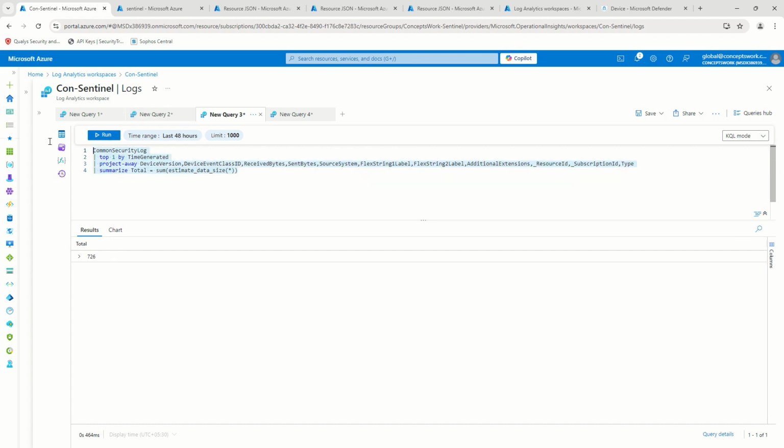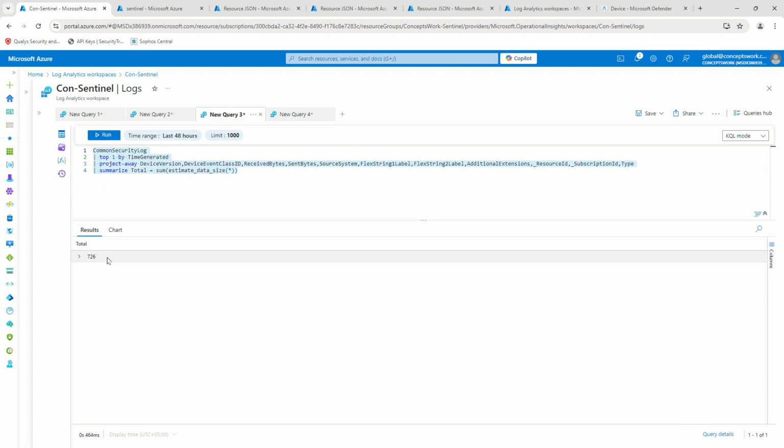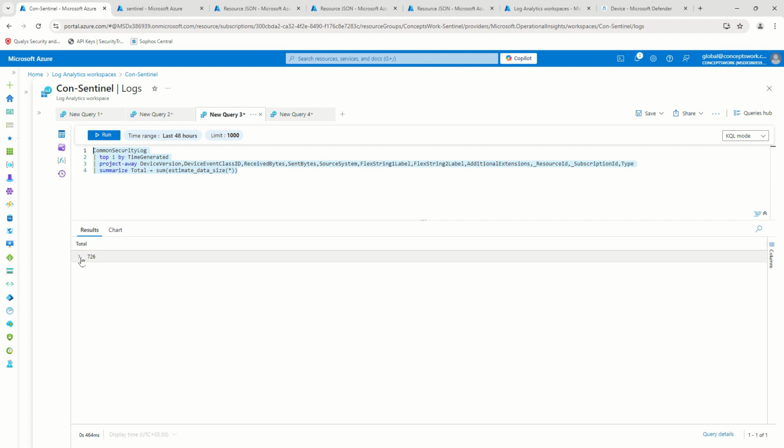I'm inside the same table. I'm not making any change. I'm just projecting away certain columns, and you can see the size has been reduced. It's here 737, and here if I go ahead and show you, it shows 726. Now, however,